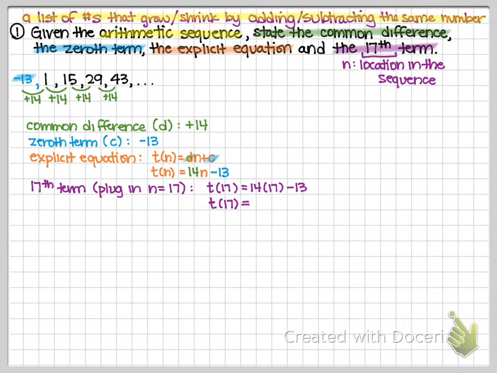So after typing this in, I got 225. So here's what this says. Let's take a look at that notation. This is saying at the 17th spot in the sequence, we will see